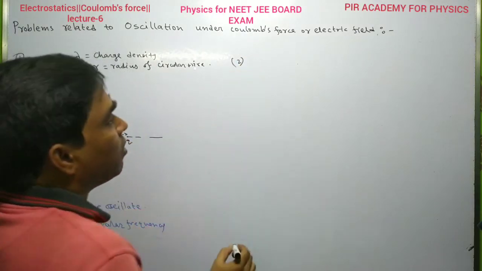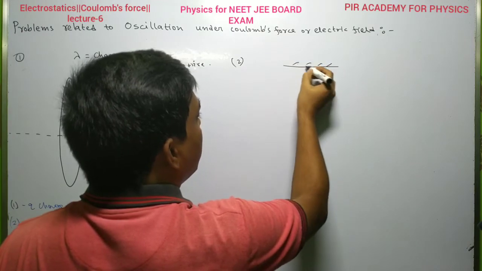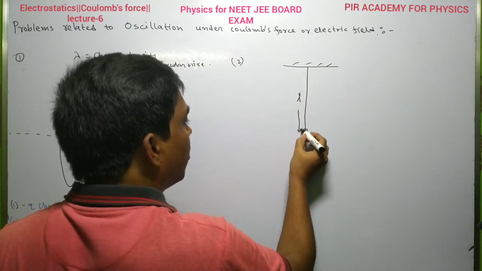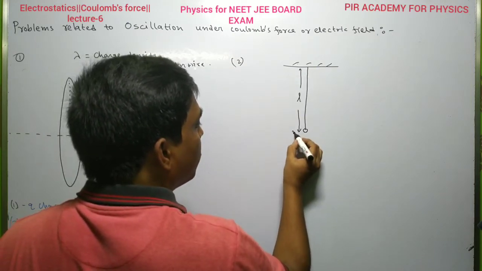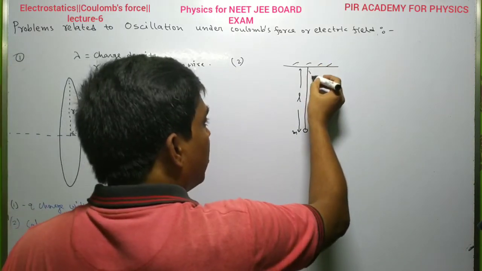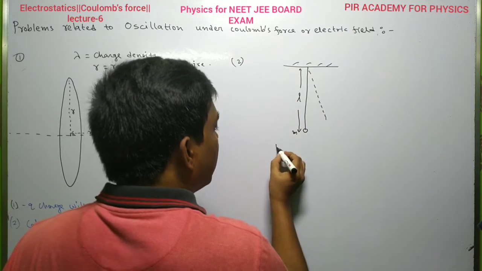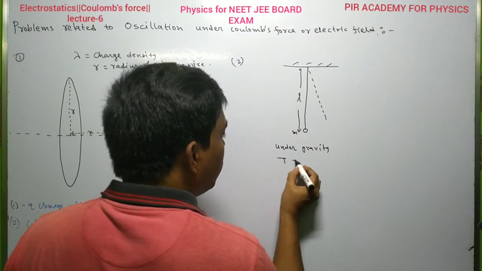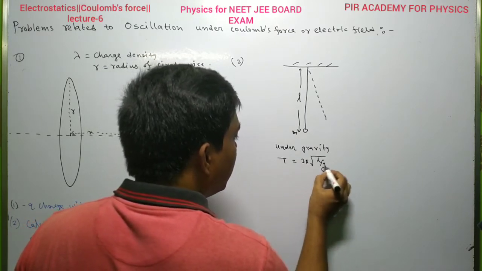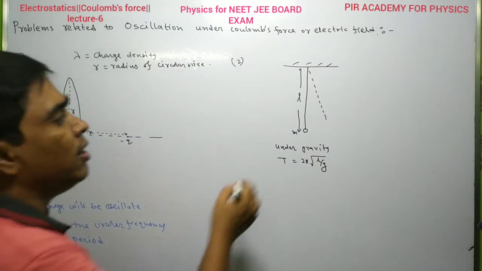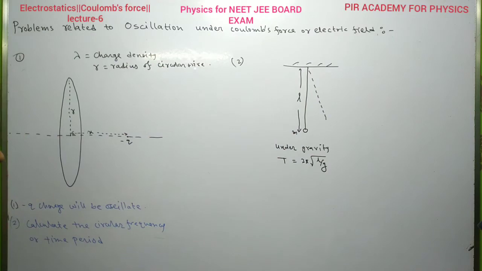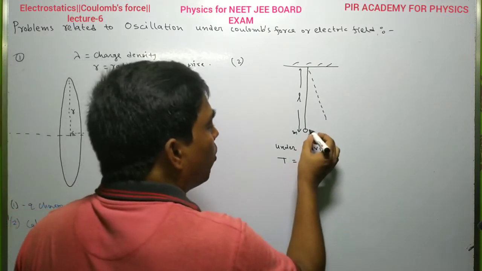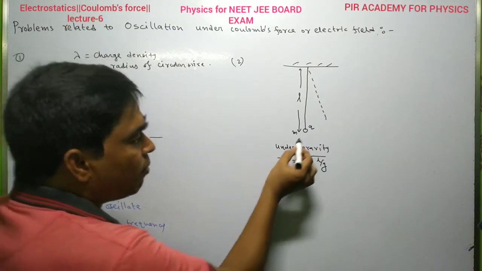Condition 2: suppose a pendulum with a thread, the length of this thread is L, and here is the mass M. If this pendulum oscillates under gravity, then the time period will be 2 pi root over L by g. If this bob contains charge Q,